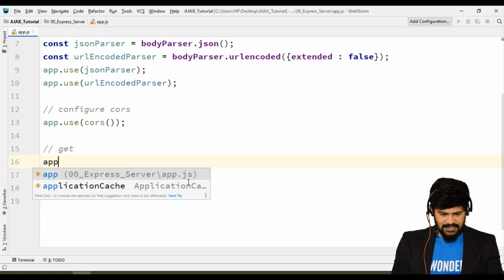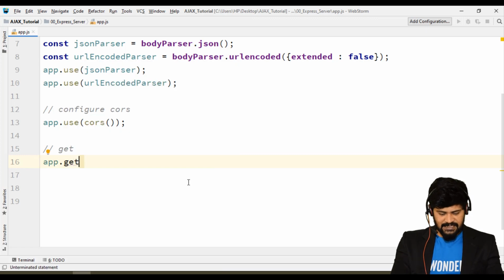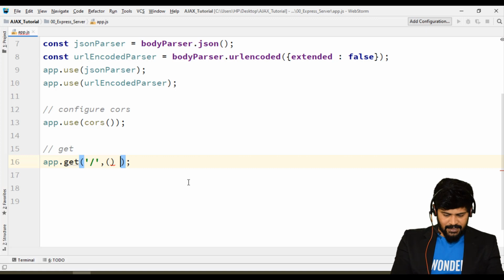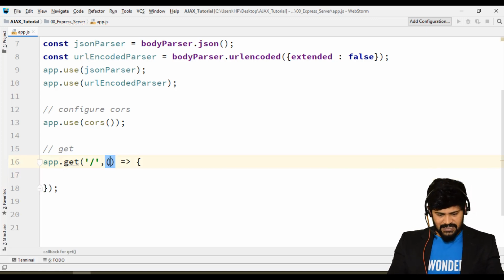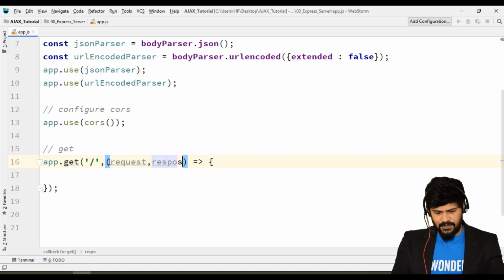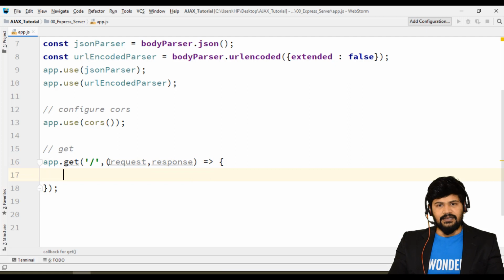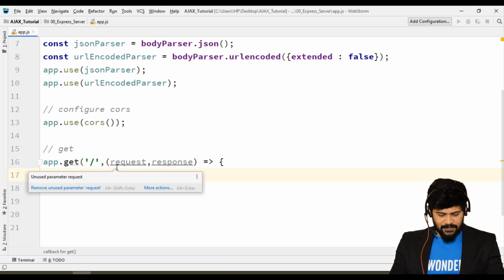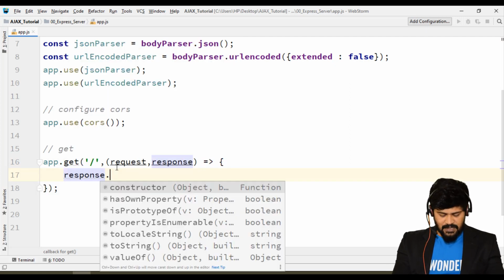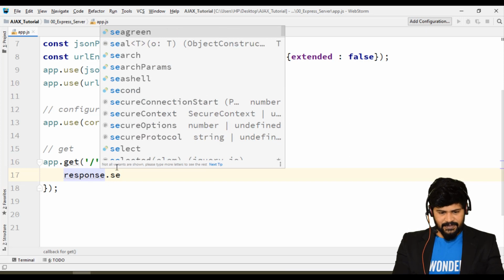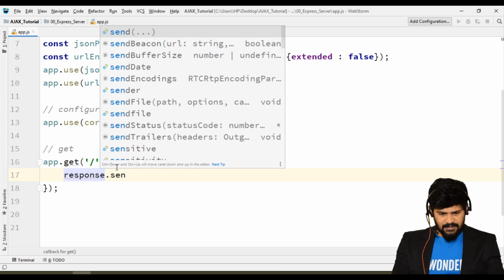Fine. Next, one small request I'm going to make. A GET request. Let's say app.get, a simple get request for slash, and here you will have a callback function that accepts the request and the response. What I'm going to respond with is response.send.